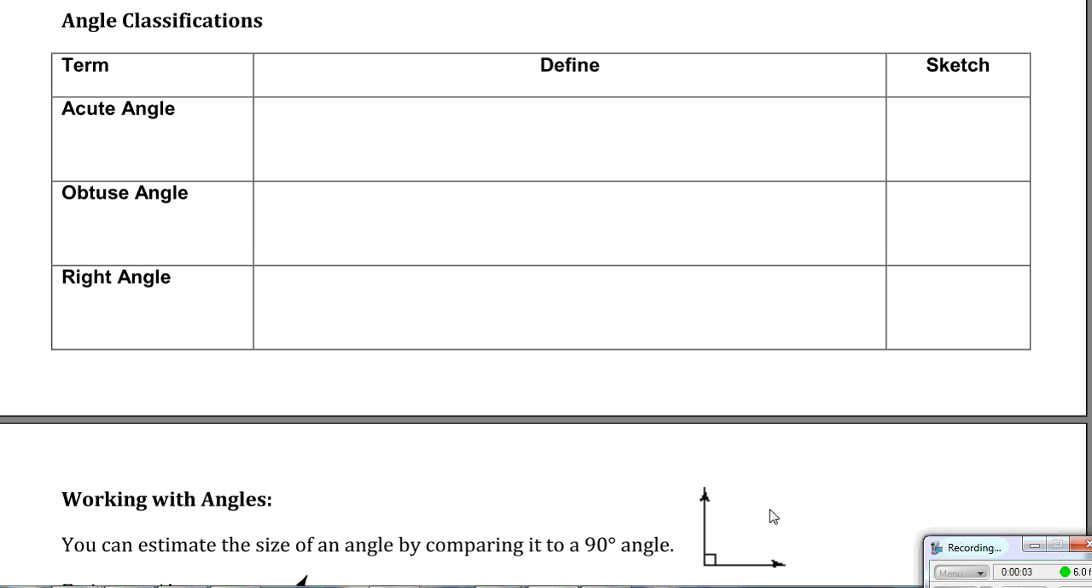Okay, if you are working in the adapted booklet, again, we are still on the first page. We just finished doing some circumference practice, and now we're going to look at some angle review. The three types of angles you are going to be looking at are acute angle, obtuse angle, and right angle. An acute angle is any angle that is less